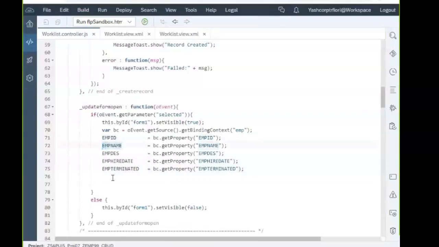Whatever row you selected, this code we already did related to binding context. So whatever row we selected, those values will populate here. Let us cross check it.